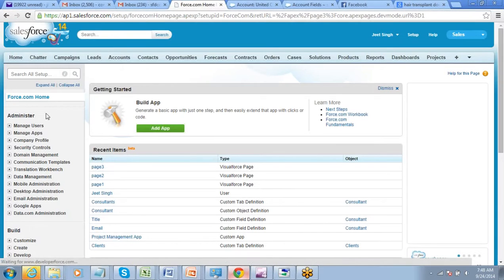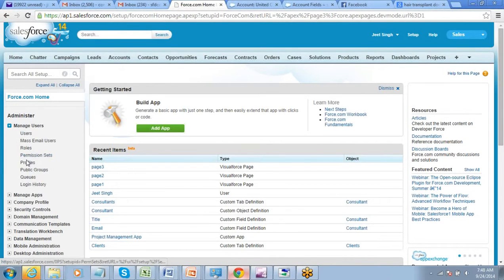So if you go to Setup, Manage Users, you will see profiles here. Just click on Profiles.